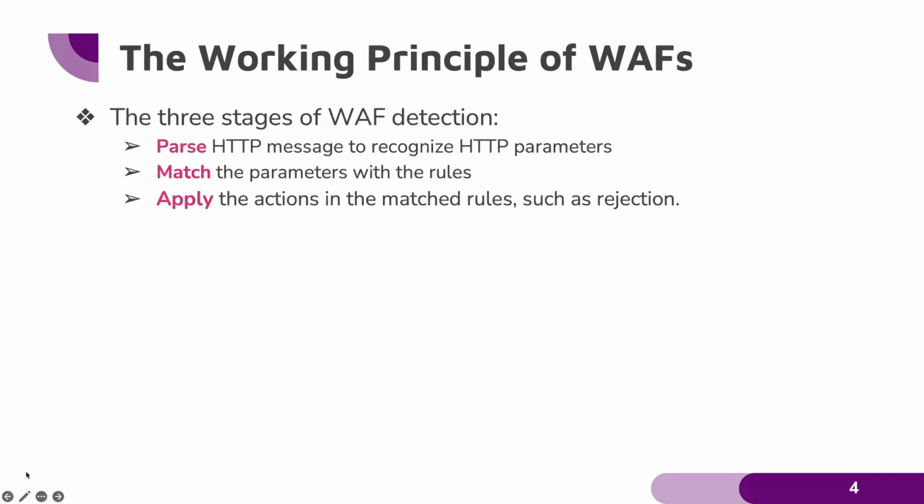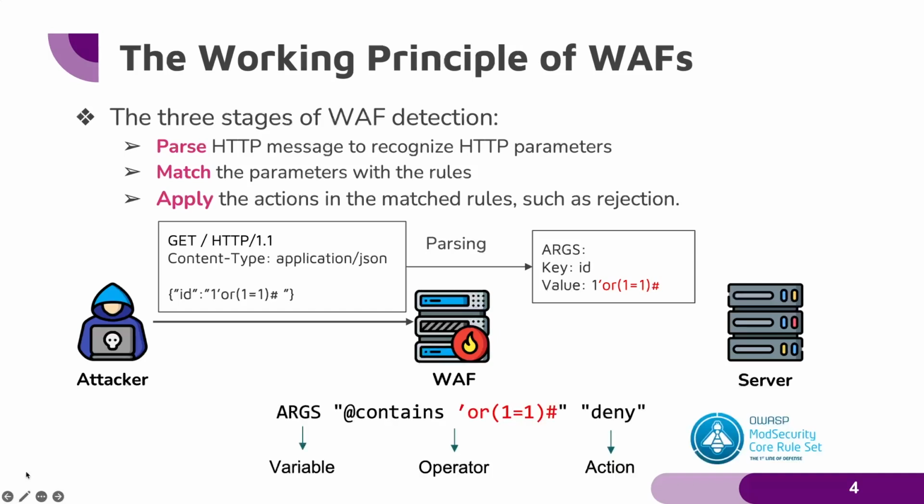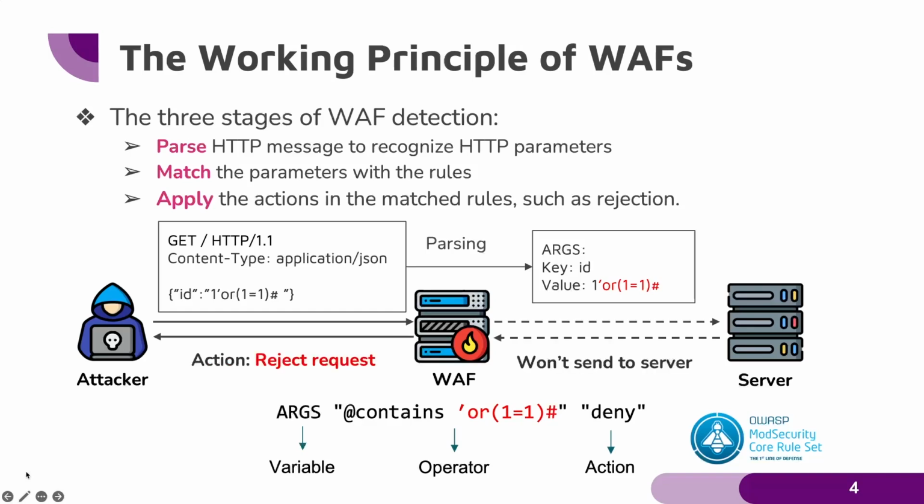The working principles of a WAF can be divided into three strategies. First, it will parse HTTP messages to extract the HTTP parameters. Then it will match the parameters with the rules, and if any rule matches the parameters, it will take the action written in the rule. For example, in the figure, an attacker tried to send a SQL injection payload in the JSON body, and the WAF will parse the JSON body and then extract the parameters. Since it matches the SQL injection rules below, the WAF will reject the request, which means the request won't be